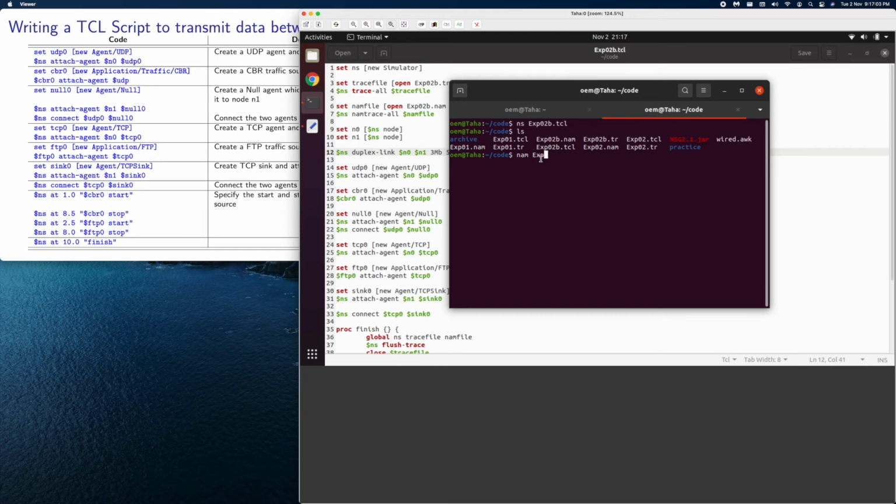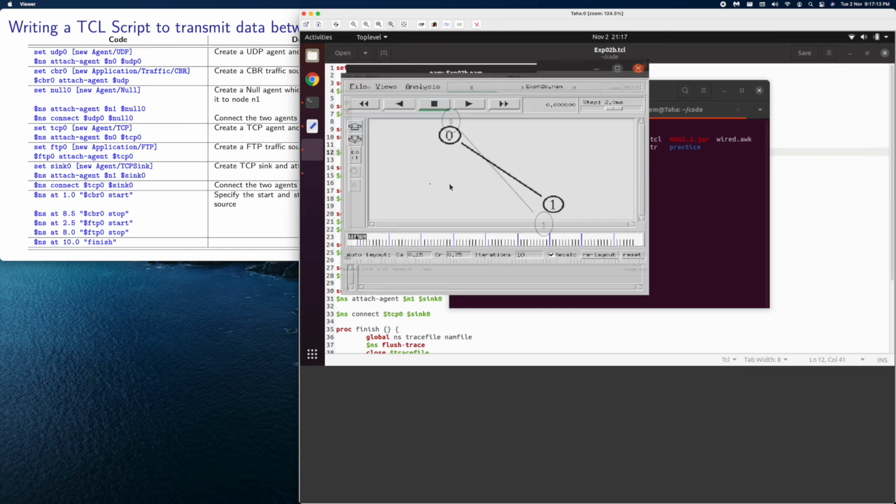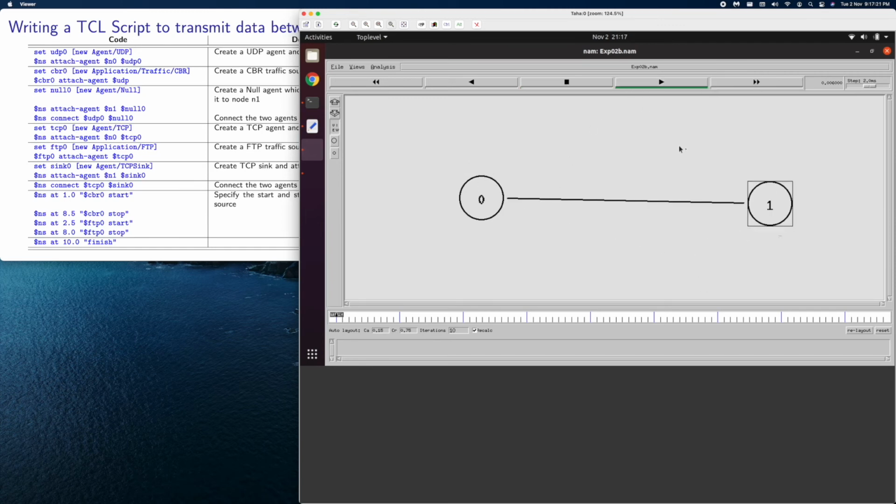NAM exp02b.nam. The animator has come up. Let's maximize this, organize it a little bit, and start the animator.